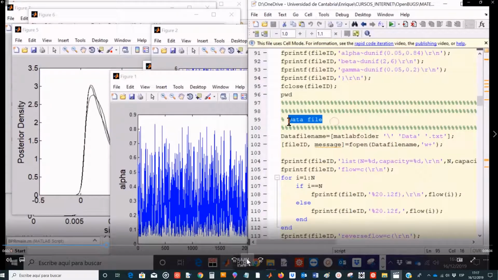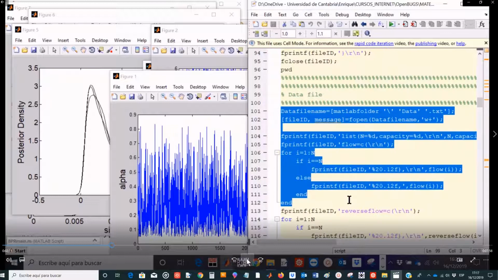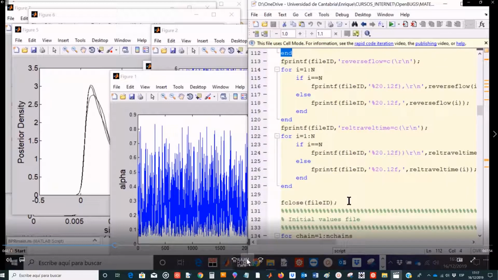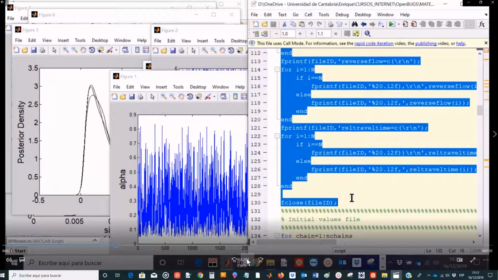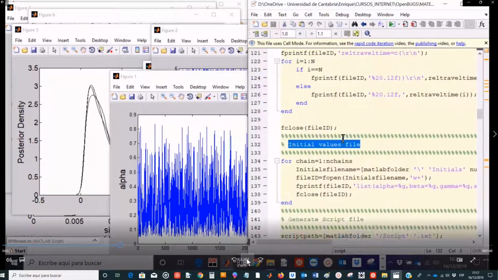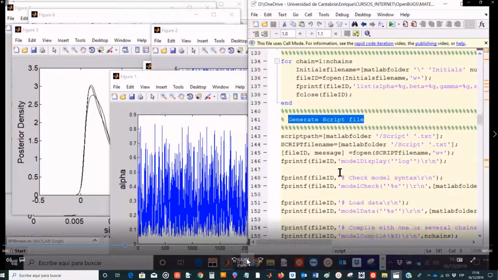Next, we have the data file in which you need to generate the data, so that you generate the data automatically and you don't need to type it by yourself, because the computer program does that for you. And next, you go to the initial values file, where you write a short program just to prepare these values.